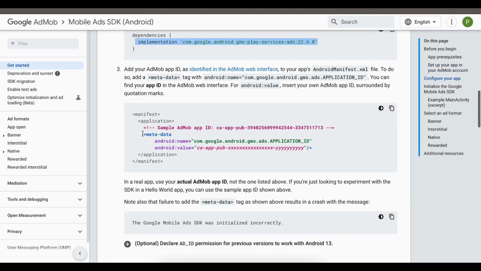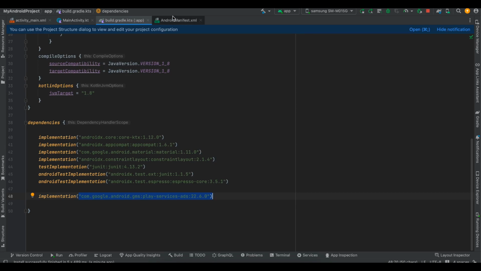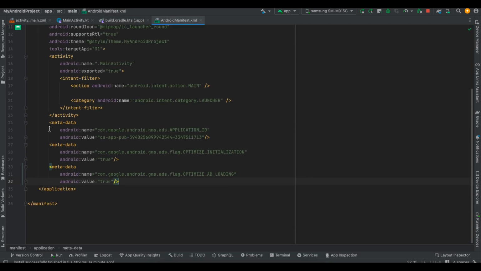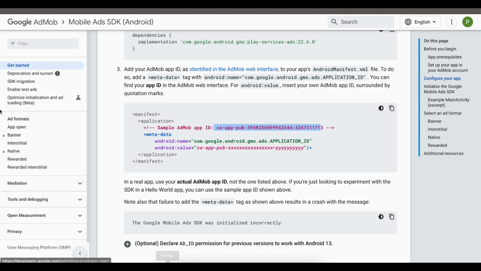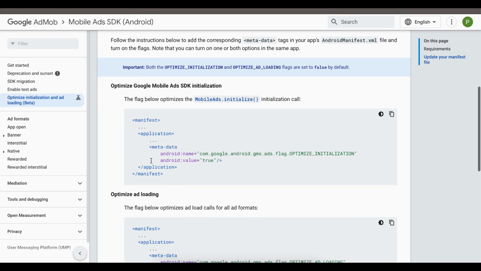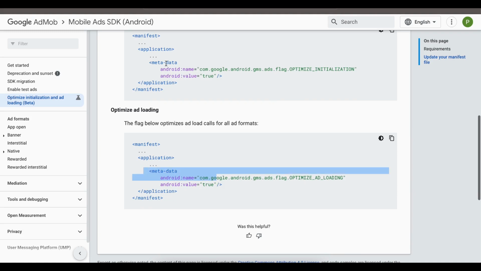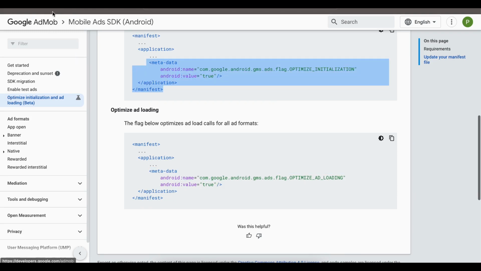Next, I have added this metadata tag as well, and I'm using this test ID, but in production replace it with your own production ID. So you can see over here I have added this test ID. Also I have added these two metadata tags as well, which will help us to do optimization. So if you go over here, they have told us to add these two metadata tags, which I have added. Next I will go back,